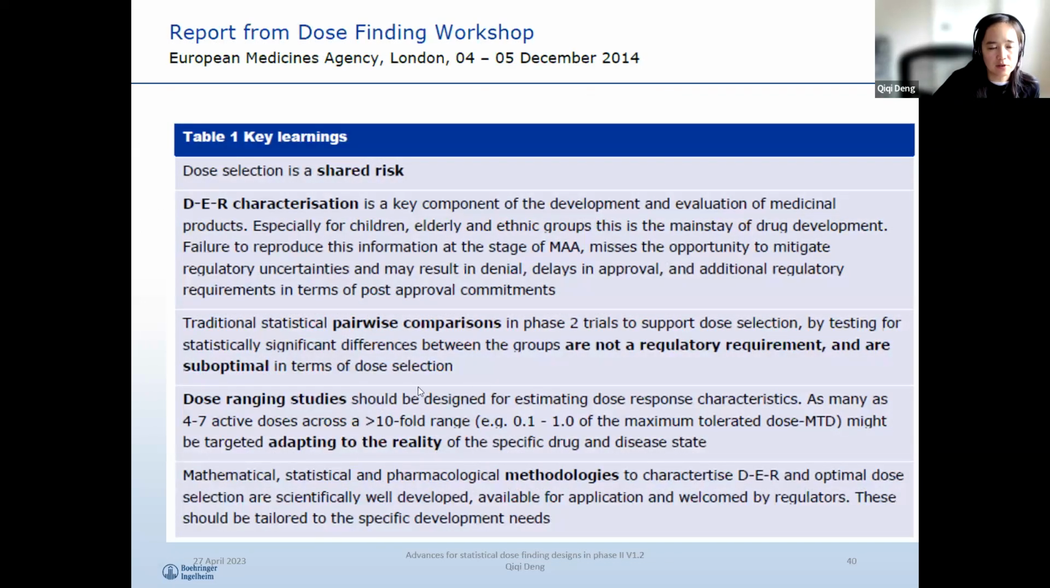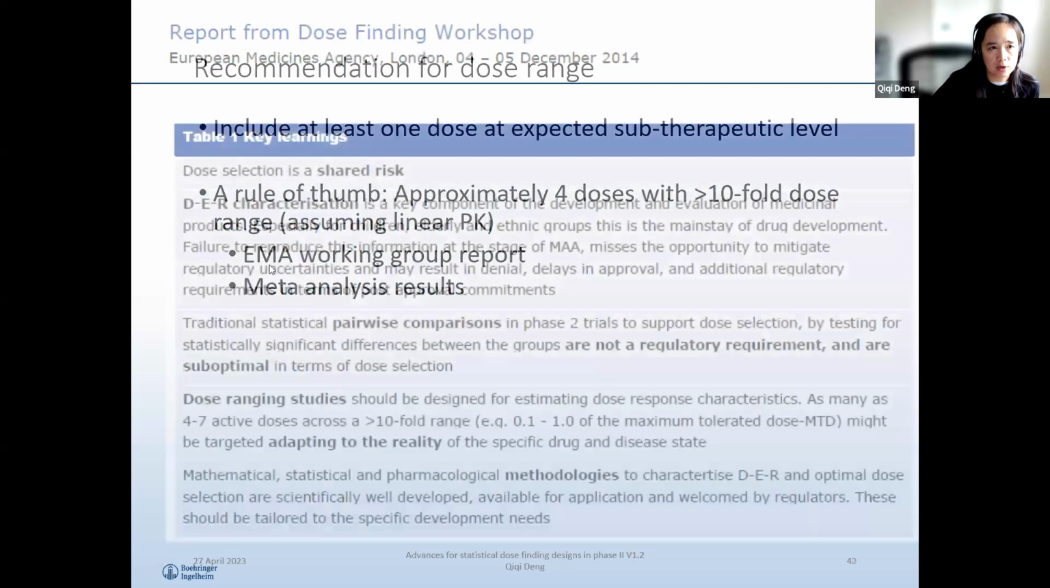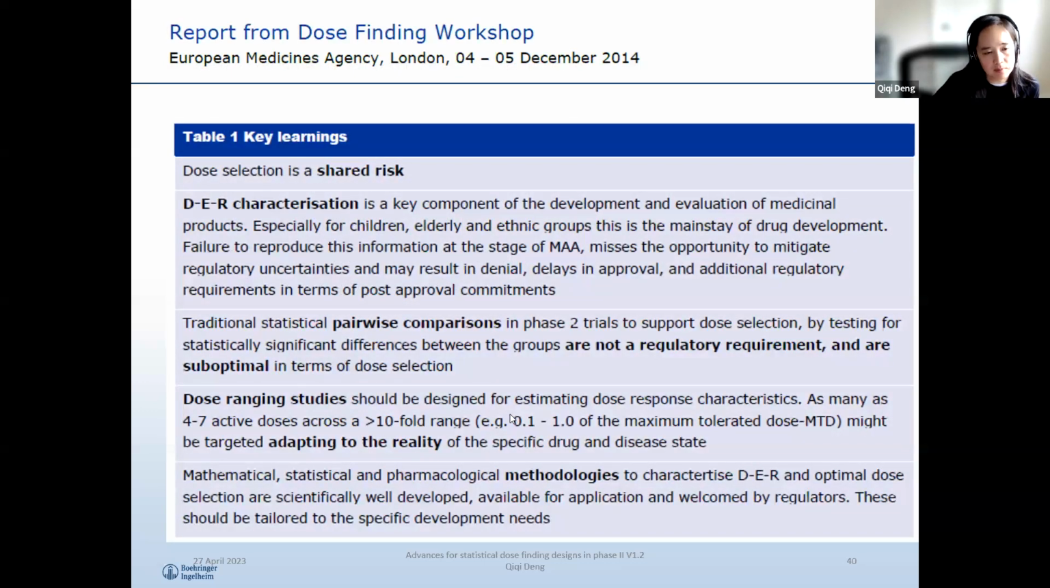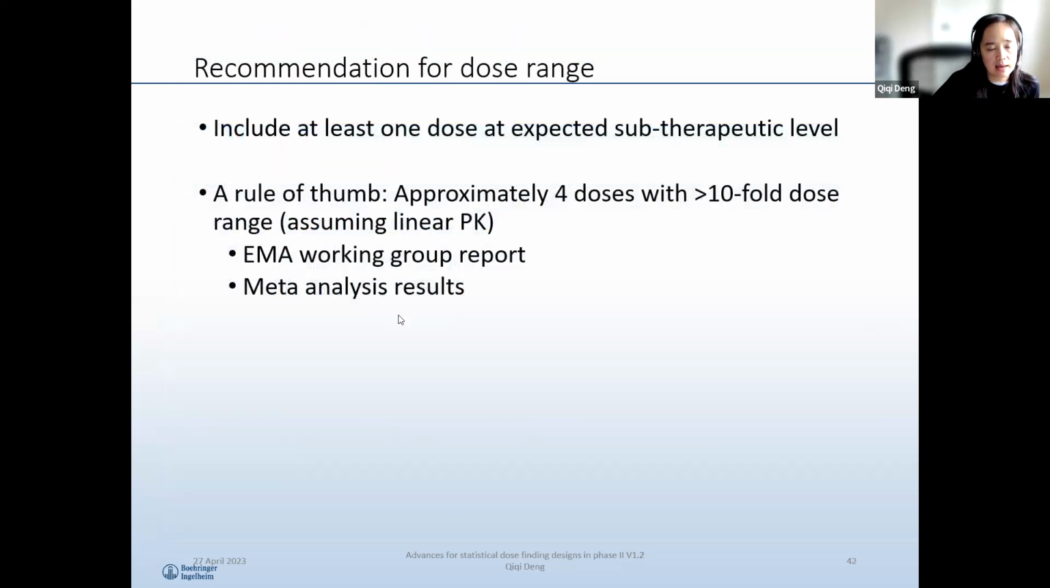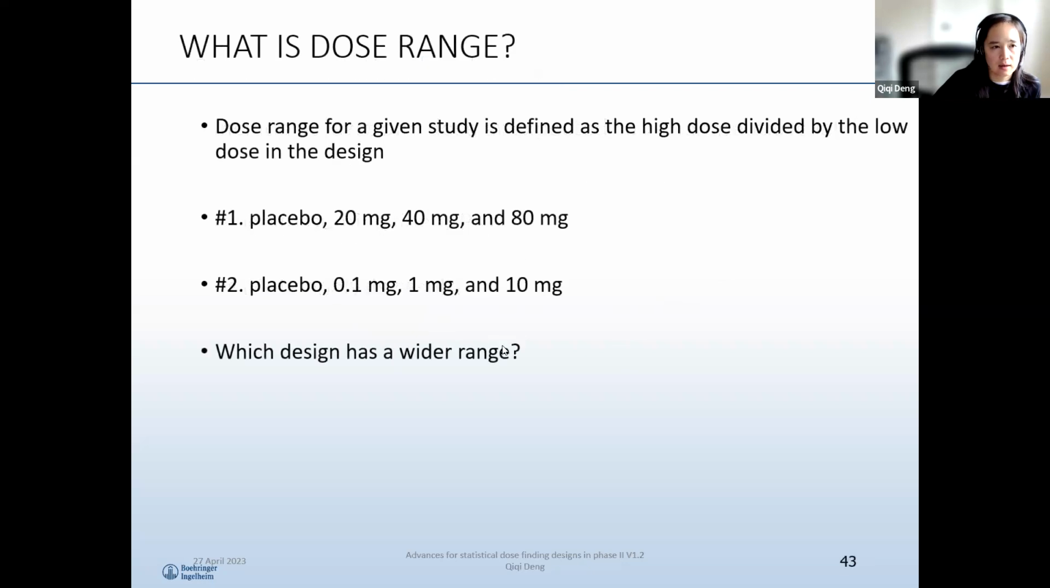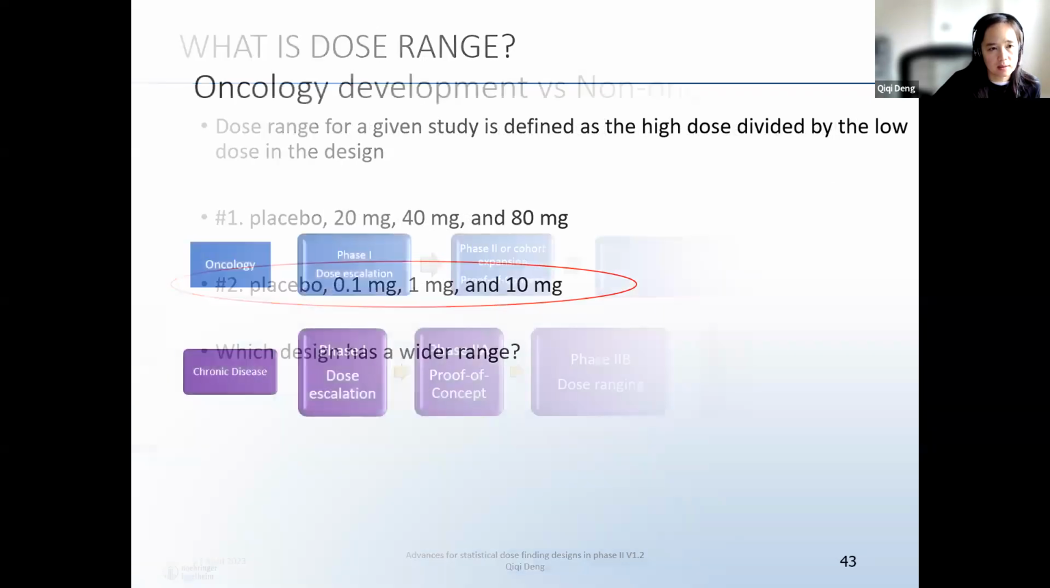There are a lot of learnings from that, and there are workshops and recommendations from different parties. In the end, some of the most useful rules of thumb I find are, first of all, you should include at least 1 dose at an expected subtherapeutic level to inform your dose selection. And secondly, it's useful to come up with a wide dose range for testing. I will skip this one